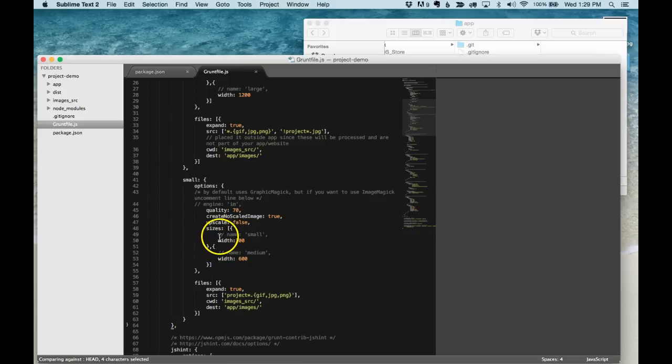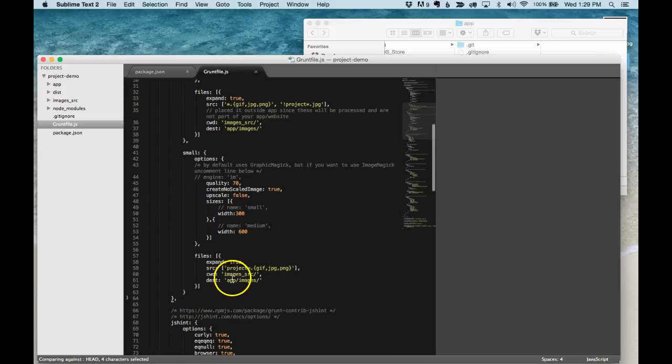And what I've done here is I'm just creating two images, one that's 300, one that's 600. Again, I'm going to go into the images_src folder, and I'm only going to work on anything that starts with project, star dot GIF, JPEG, or PNG. In my case, they're all JPEG, so I'm only going to look for files that begin with project that are JPEGs in this folder, and I'm going to generate these two sizes. Okay, so